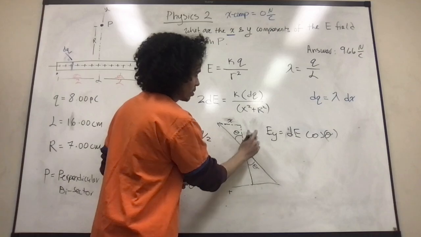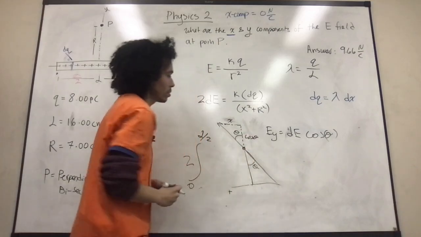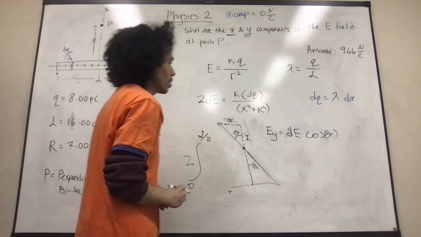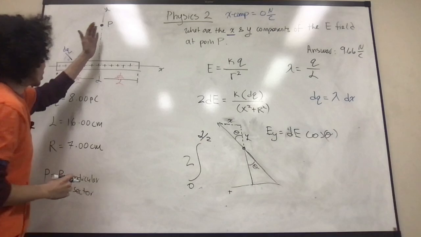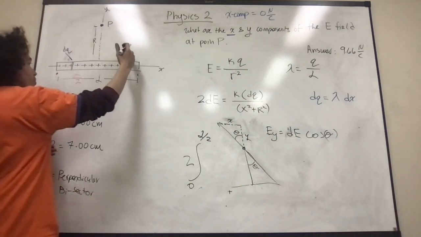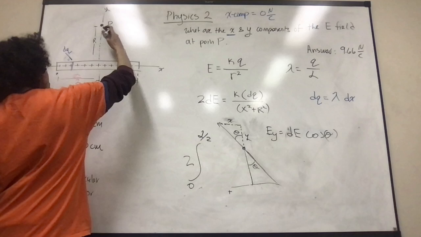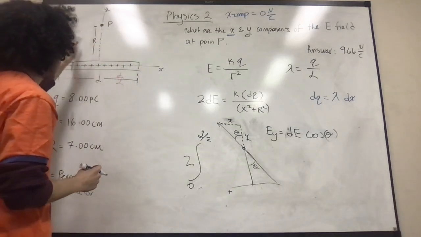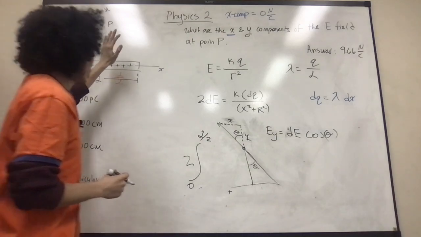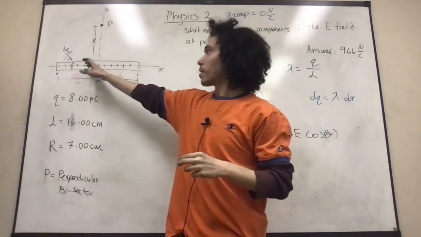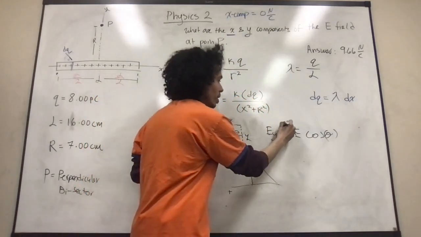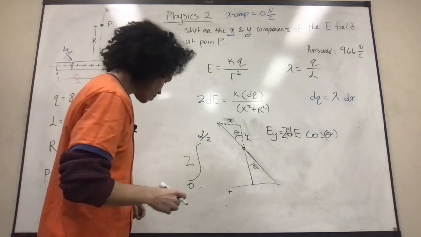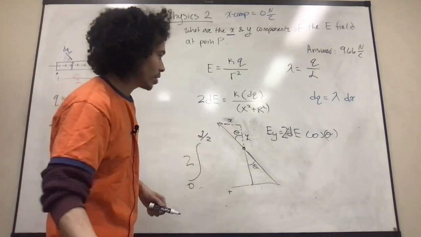Cosine of theta being here. And because we're doing the summation from this point outward at an angle, and then we're multiplying by the mirrored side of the rod, we're going to put this 2 up here. Now that we've talked about the theory behind it,